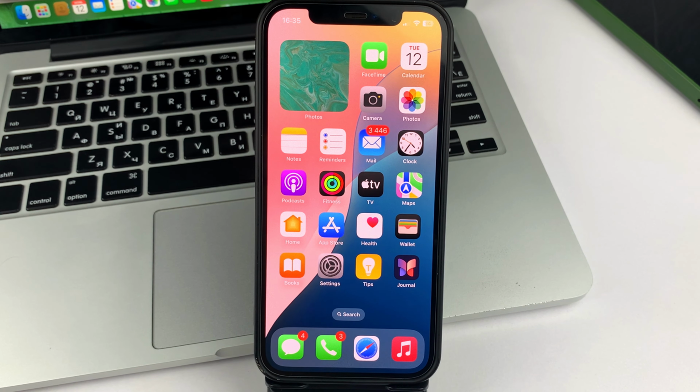And in this video, I will show you and also tell you how you can quickly and easily add Outlook